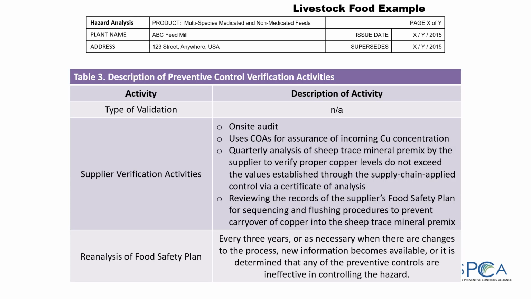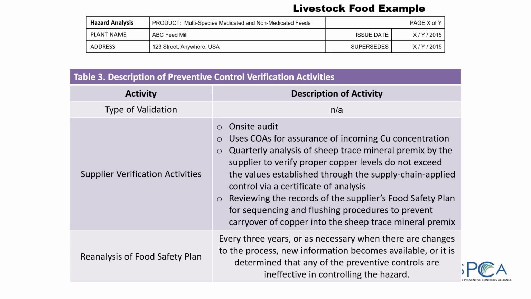Here's table 3 that shows us our verification activities. Again, just to reiterate here that with a supply chain applied control, verification is absolutely critical, right? This is kind of our biggest way to make sure this is actually happening. So, validation was not a required component here, but there are other verification activities that we decided we needed to do. One of them was going to be that annual on-site audit